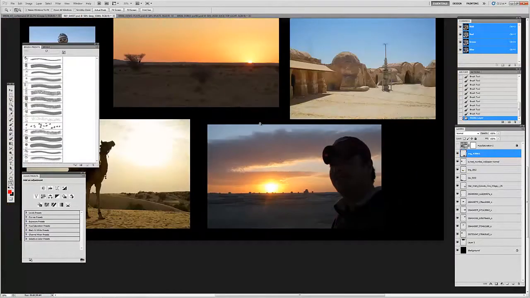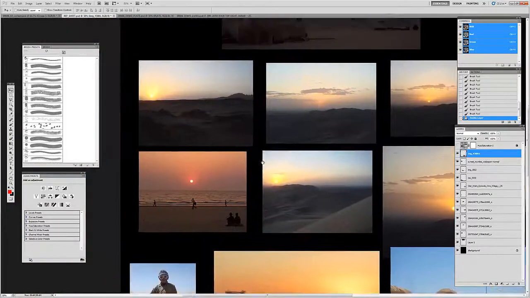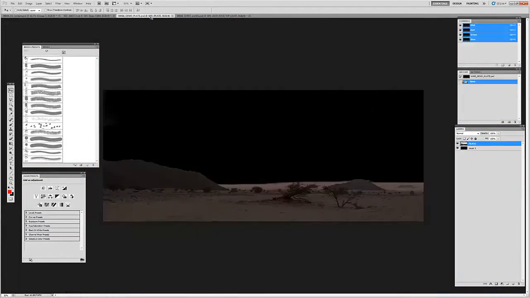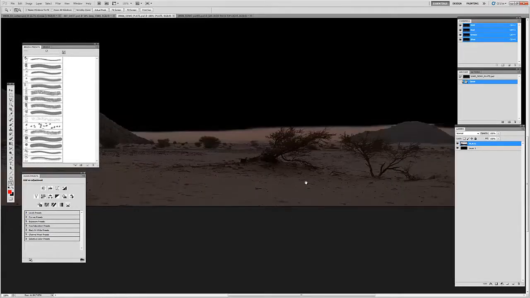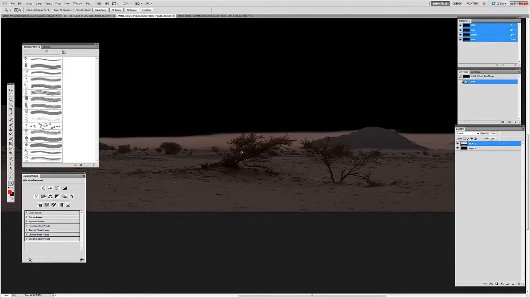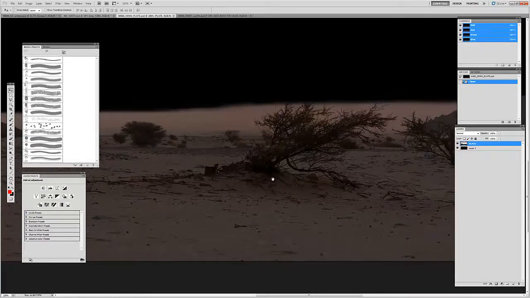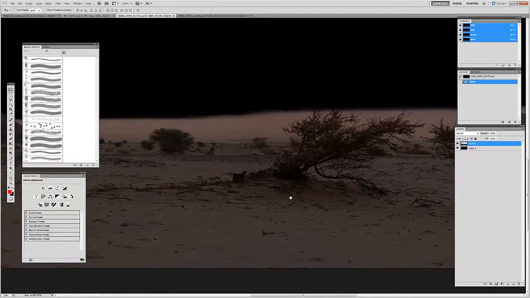So that's something we want to implement into our painting, paying attention to how it's going to be lit. So we're going to have some color correction done to this. And the other thing that we want to look at in the plate is how diffuse the lighting is. Because it's going to be sunset backlit, mostly the shadows are going to be